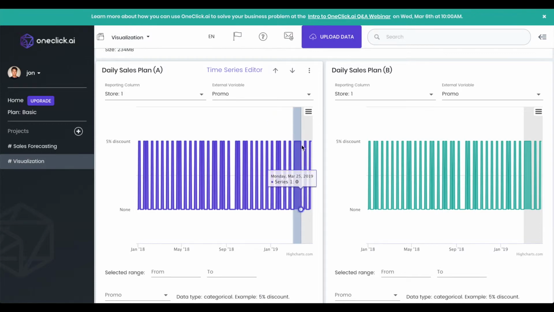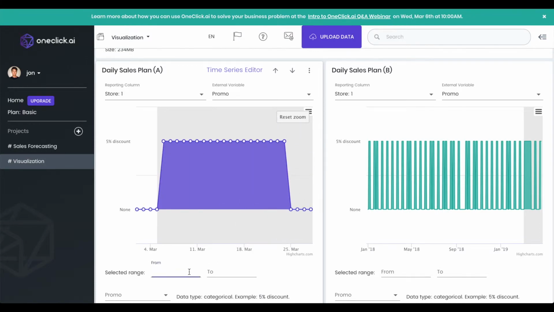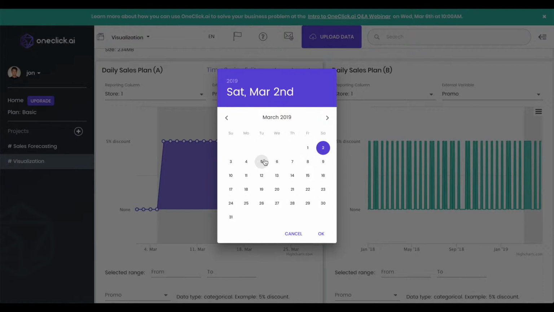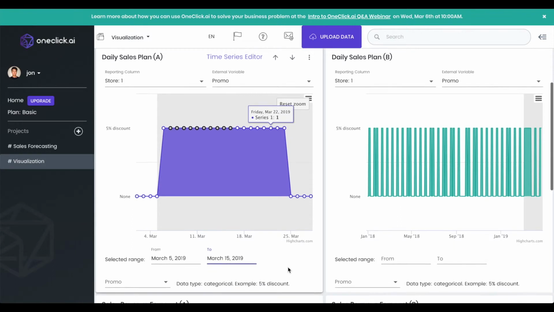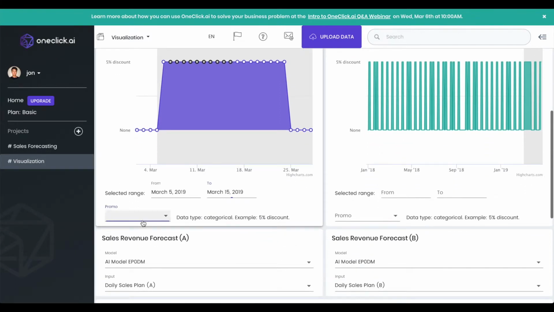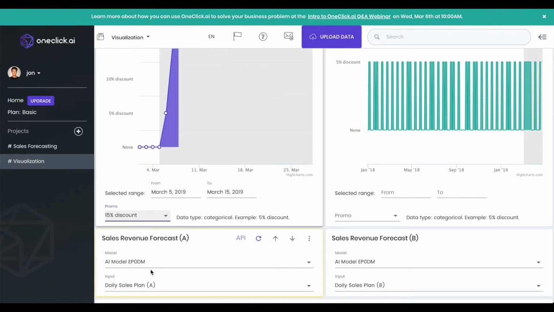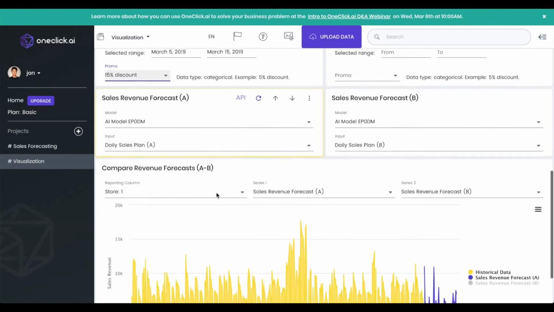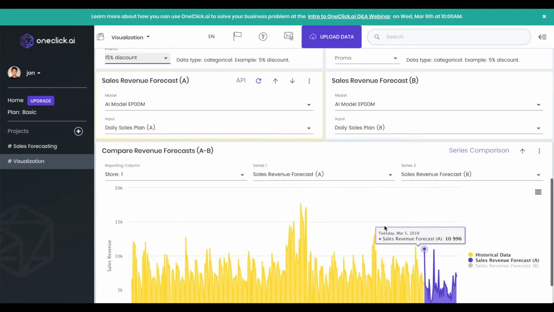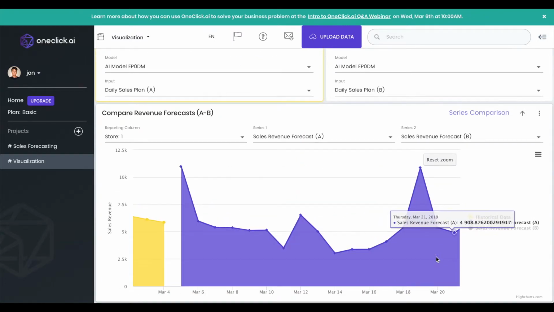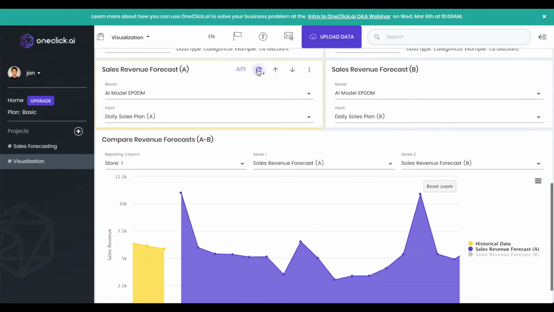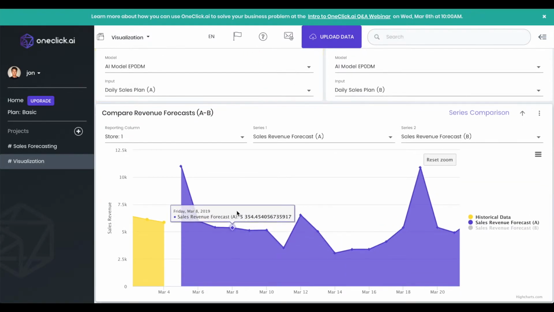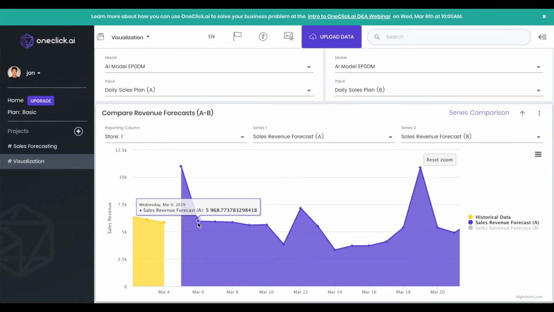So we're going to zoom in, and let's say we want to look at March 5th to March 15th. And we want to see what the forecast looks like when we change the promotion to a 15% discount. So we can see the change take effect here in this chart. And we're going to run this forecast again and see how these values change. So we can see that they raised up slightly,